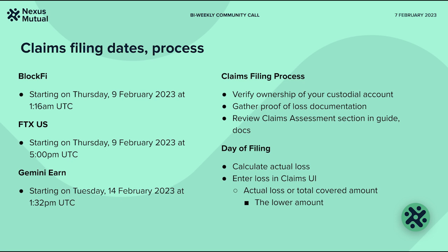BlockFi will start relatively early in the morning at 1:16 a.m. UTC, and FTX US will open for claims filing at 5 p.m. UTC. Gemini Earn is going to happen next Tuesday, February 14th at 1:32 p.m. UTC. So once these timeframes have passed, you can start filing claims if you have a claim